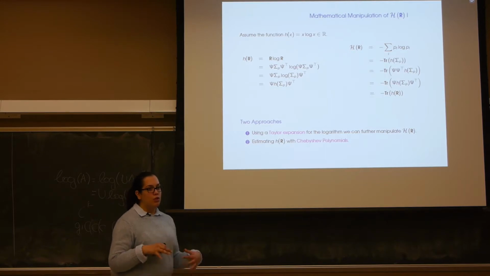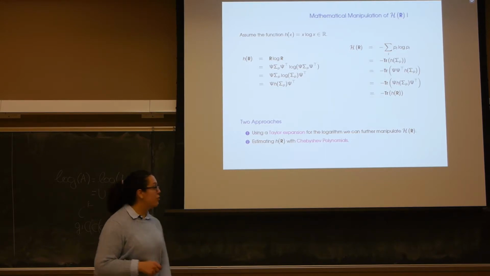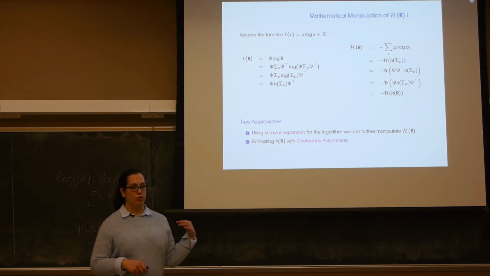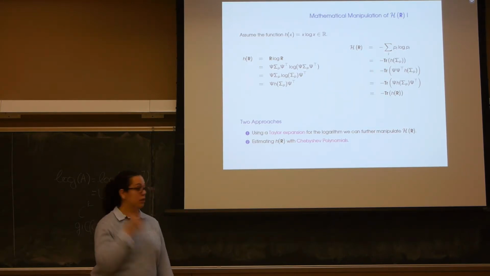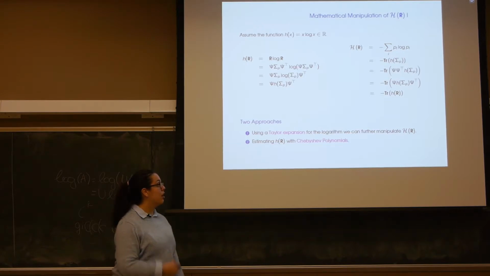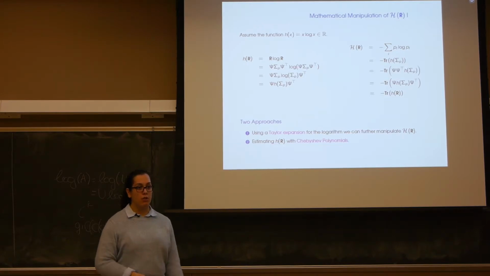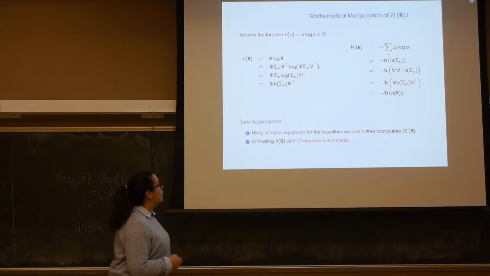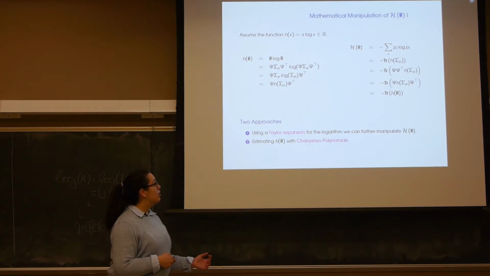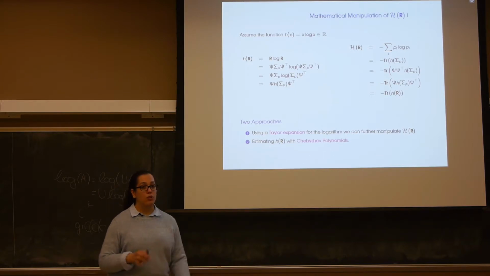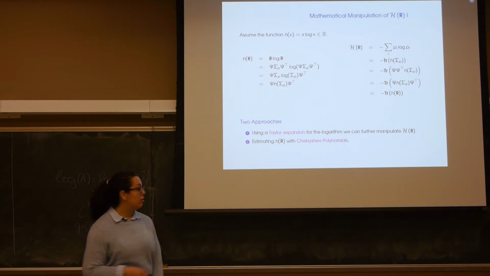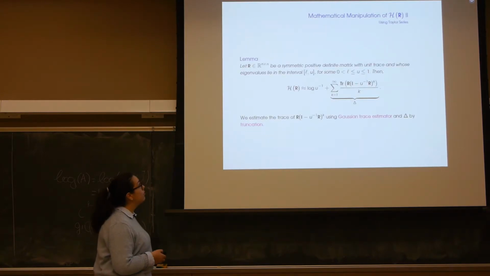So we consider two approaches. The first one is again using the algorithm we used for the log determinant, truncating the Taylor series and using the trace estimators. And also, instead of truncating the Taylor series, to estimate HR using a summation of Chebyshev polynomials. Okay. So when I use the Taylor series,